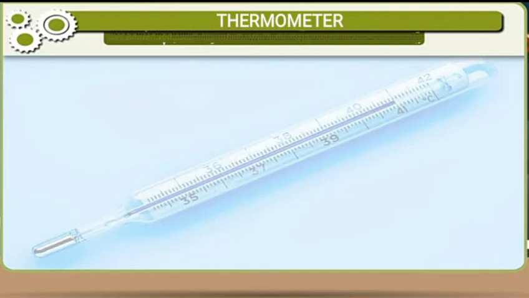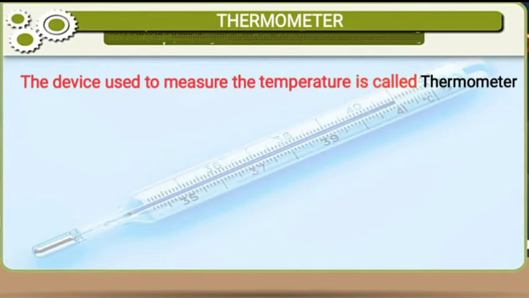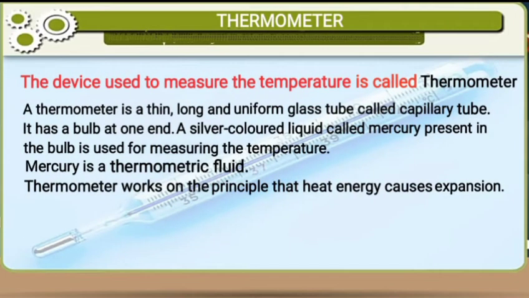This is a thermometer. Now what is a thermometer? Let's discuss. The device that is used to measure the temperature is called a thermometer. It is a thin, long and uniform glass tube called a capillary tube. It has a bulb at one end. A silver colored liquid called mercury present inside the bulb is used for measuring the temperature, and mercury is a